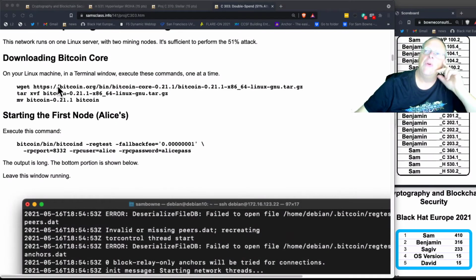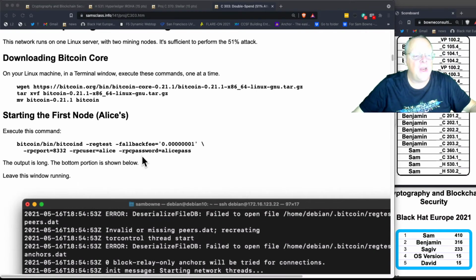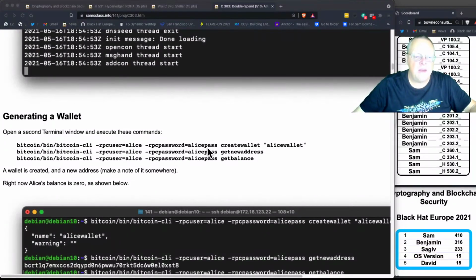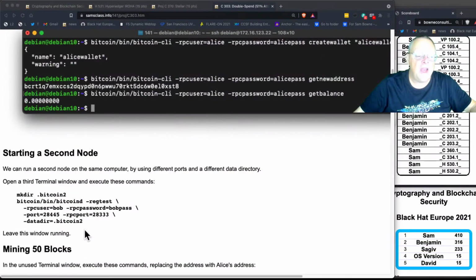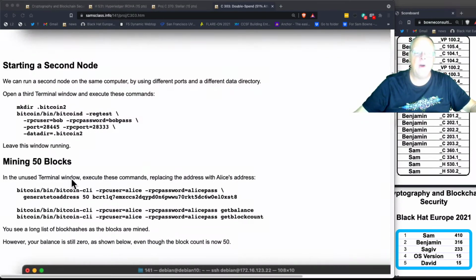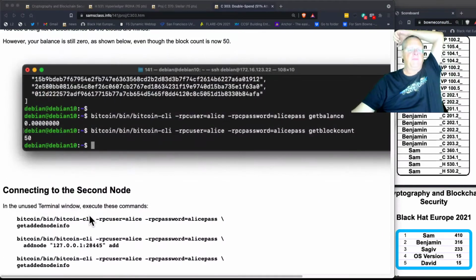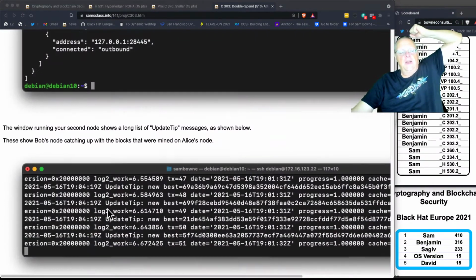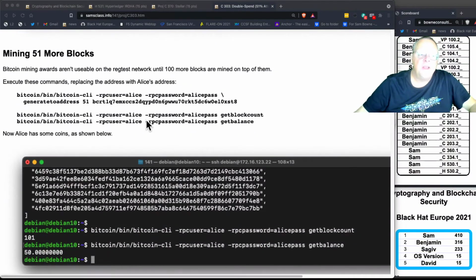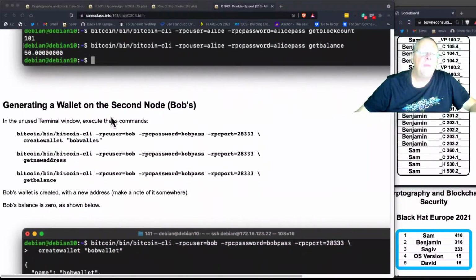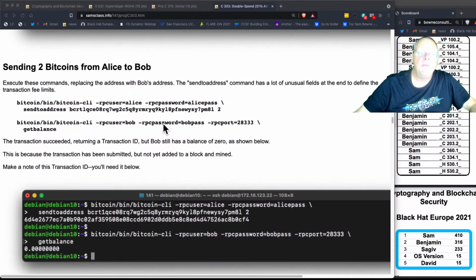So you can totally set this up. You're on your Linux machine. You only need one Linux machine for this. You can run two nodes on the same Linux machine. So you install Bitcoin and you start a node running a copy of the blockchain for Alice, and then you make a wallet and you start a second node for Bob running on a different port on the same machine. And now you've got two miners. Now you can mine some blocks, connect to the second node, and mine some more, and see that it's all working. And then generate a wallet, send money from Alice to Bob,